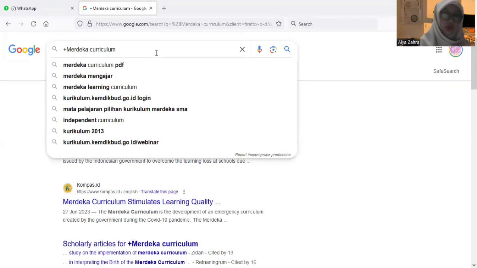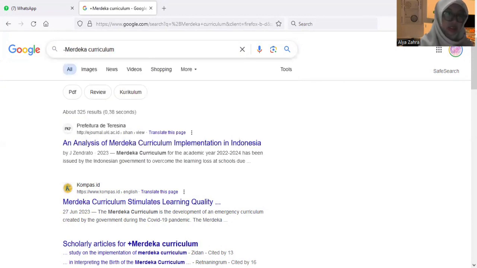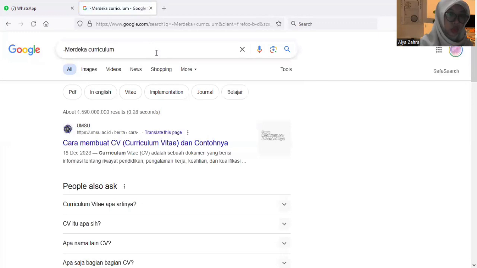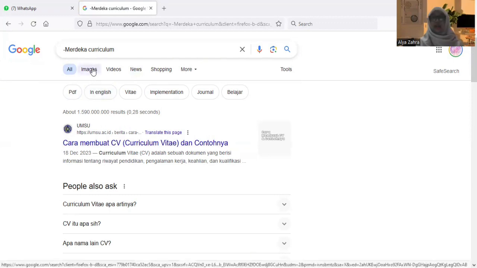And then when we use punctuation, minus sign, when we use minus sign it is like this. Ooh, it's very many. It's a very big increase than when we use a plus sign, and you can see the results when we use a minus sign.